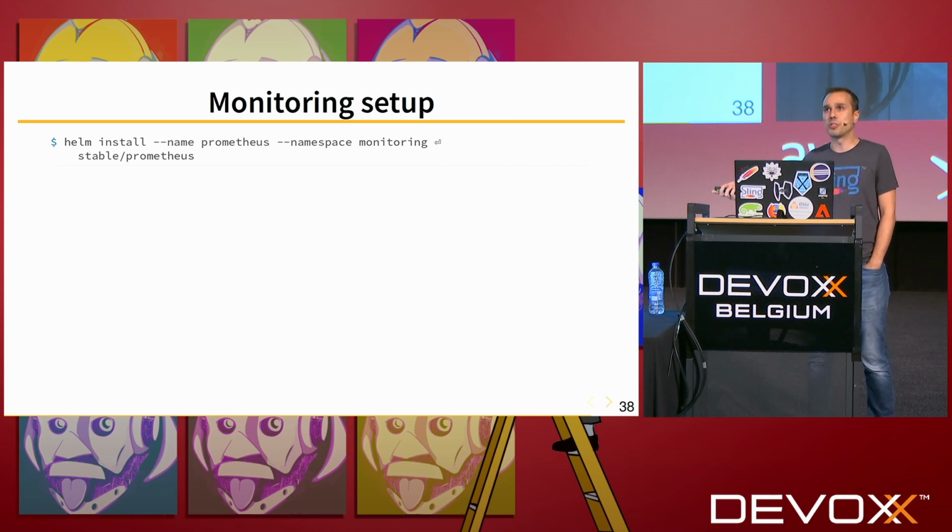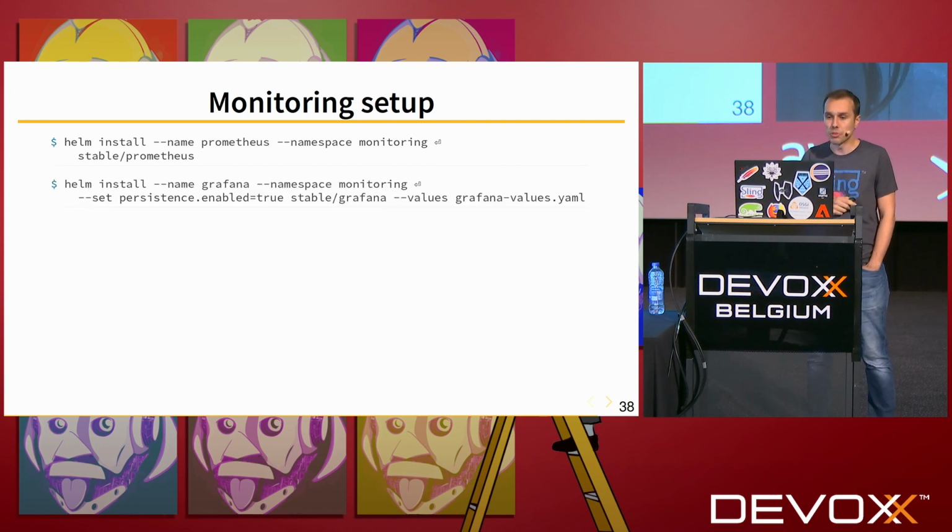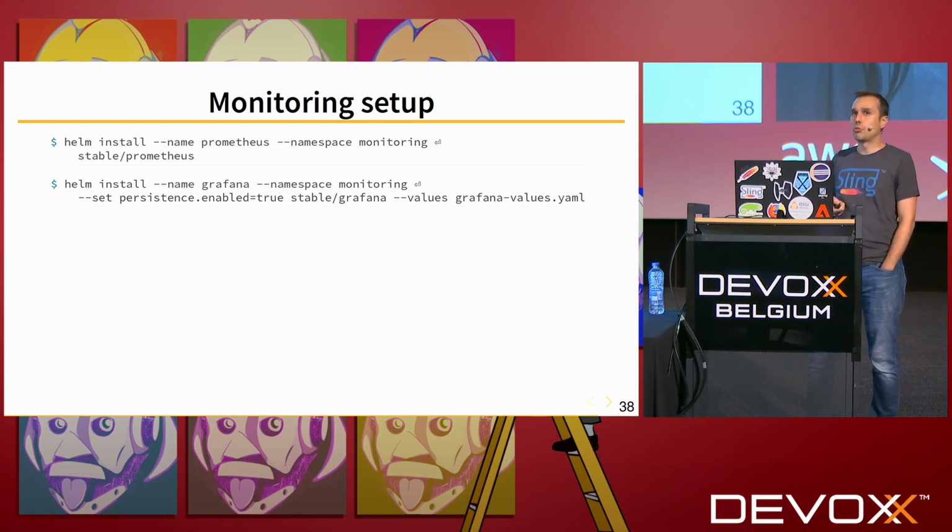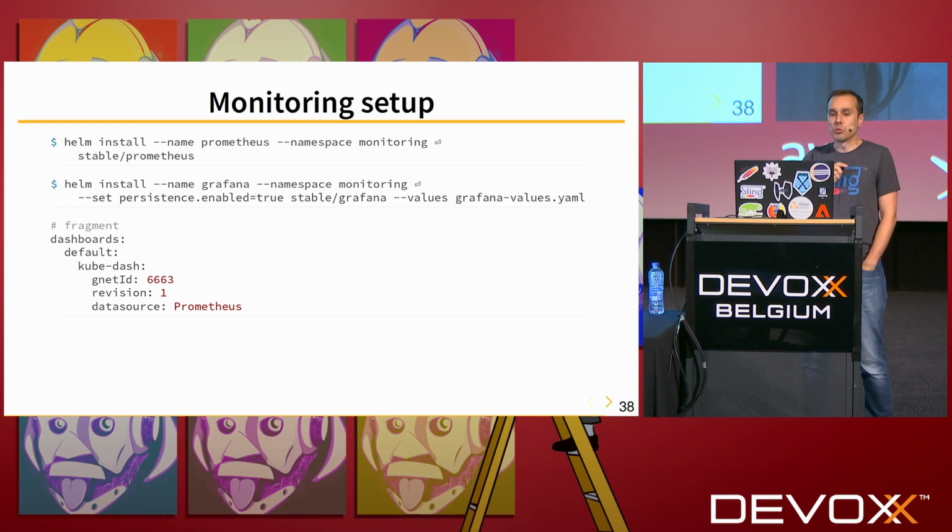And then the Prometheus deployment is set up for testing purposes. Grafana is mostly the same. I passed a couple of custom values because I want to keep my dashboards between restarts. And I also add some custom values. Those custom values are mostly used for provisioning